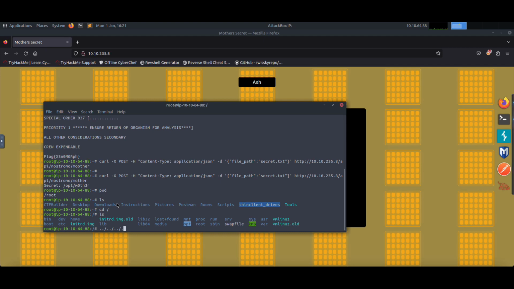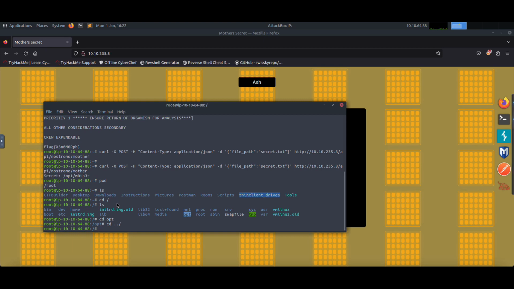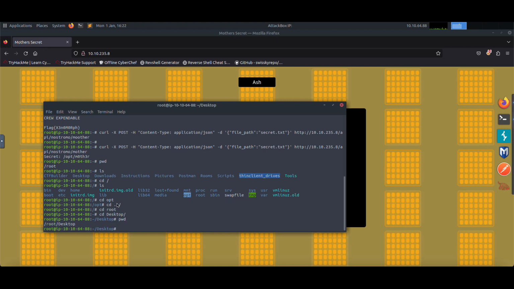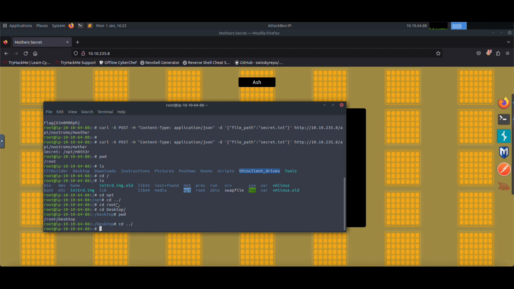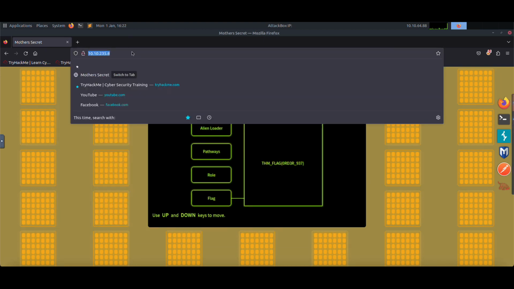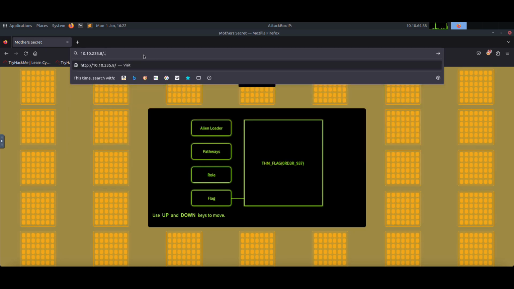tricks. It means, let me go here, opt, okay, and how can I come back? I can come back like that, as you can see, or let me go to the root directory, and after that let me go to the desktop directory, and as you can see my location is root desktop, right? And I can do it like that to come back, and now as you can see I'm in the root directory. So the web server has this vulnerability here,